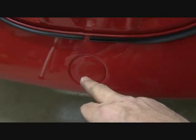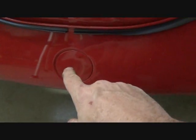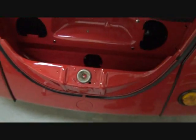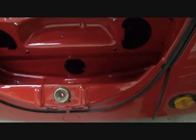Here's that front cover plate I was mentioning. This has a nut on the inside here of the spare tire well. Then the next cover is right here. And again, one little Phillips screw removes that cover. Then on the back side of that,